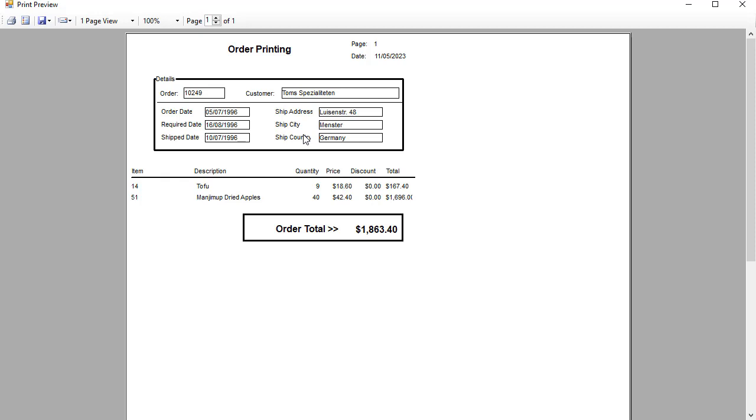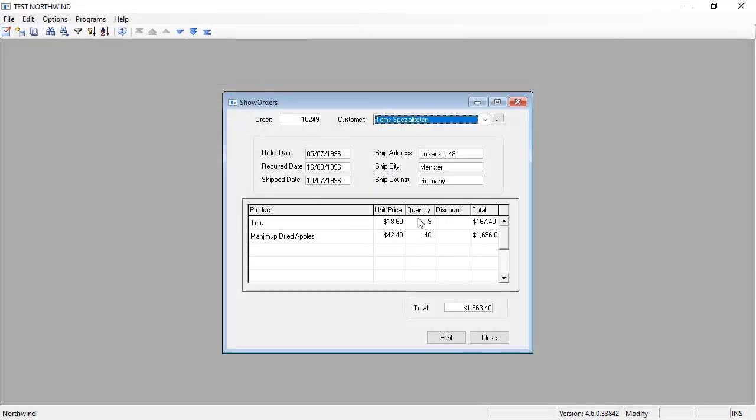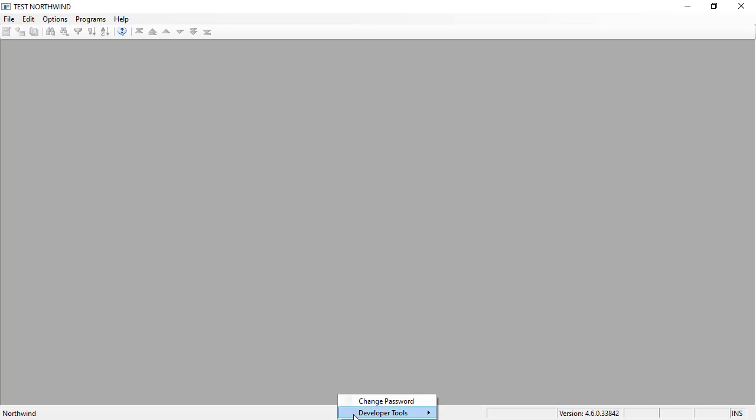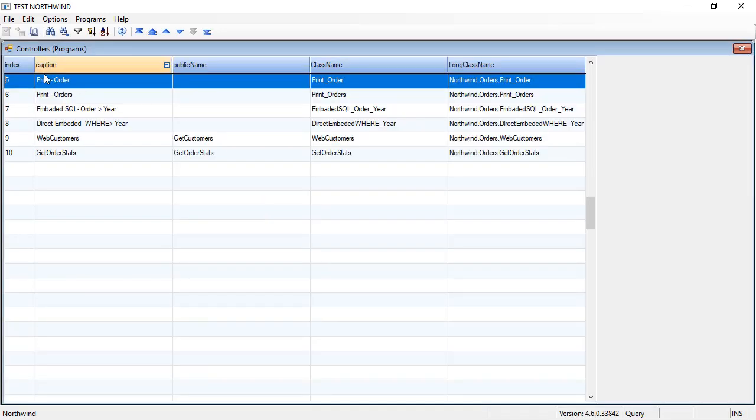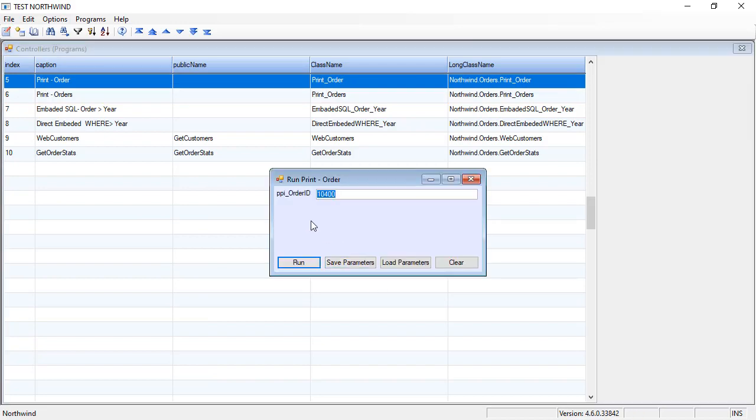Now, before I go into that, let's just work on some things that as a developer I like to do. The first thing I want to do is, I'm lazy. I just want to run this report without clicking on many buttons. So I see it's order 10-249. I can go to developer tools, controllers, select the report I want to run, and 10-249,